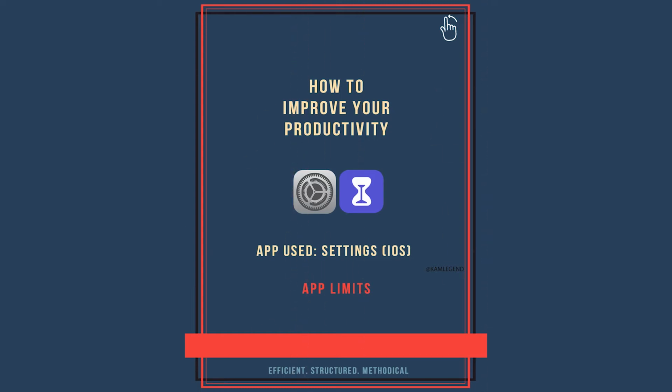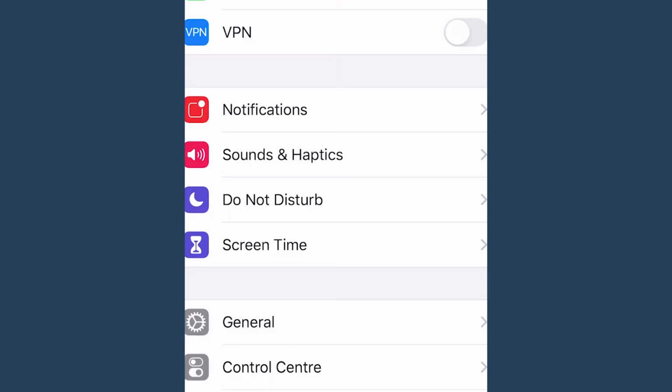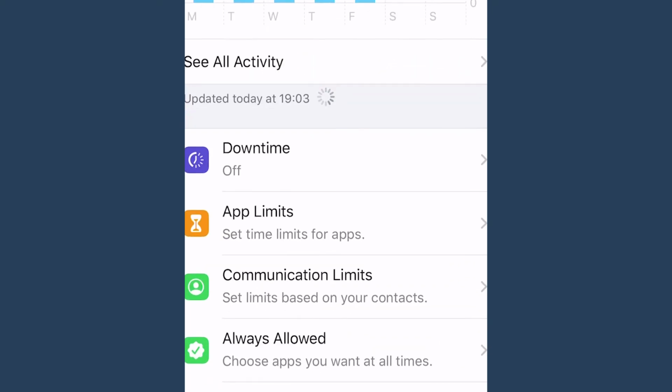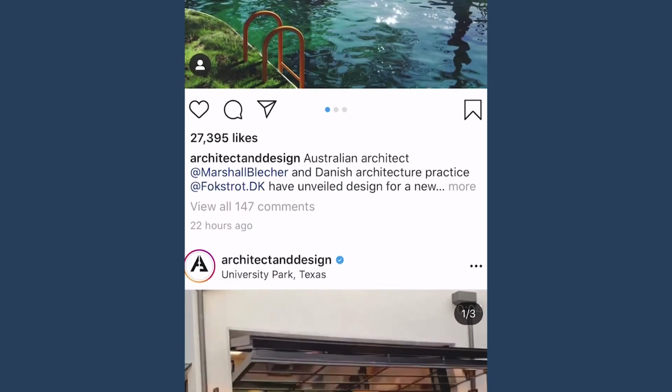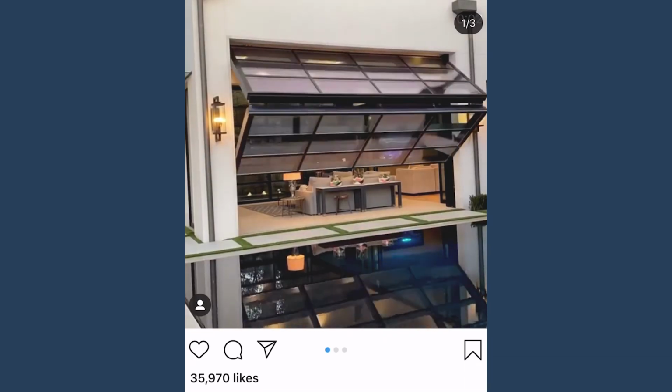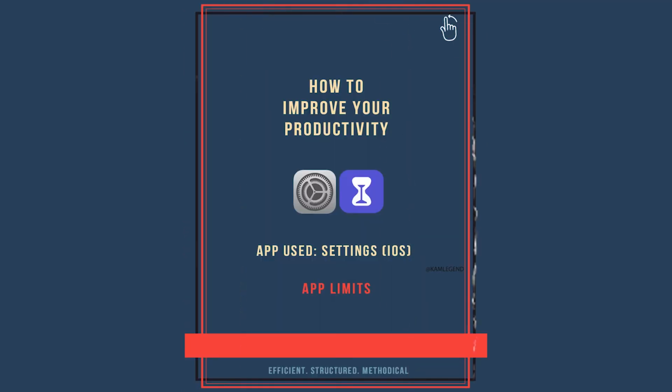Hello, today's application that I'm going to be talking about is app limits. App limits is a self-explanatory app. It's in the settings of your iOS, which limits the amount of time you spend on an individual app. I tend to find myself procrastinating, scrolling through Twitter or Instagram. You can customize the settings however you need it to be, but for me, I set it to 1 hour